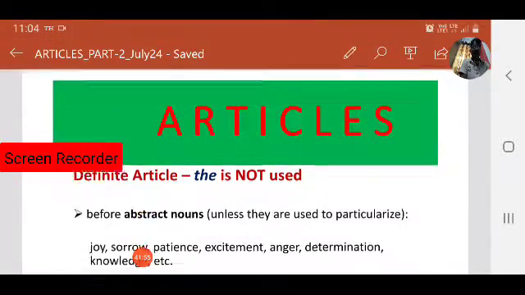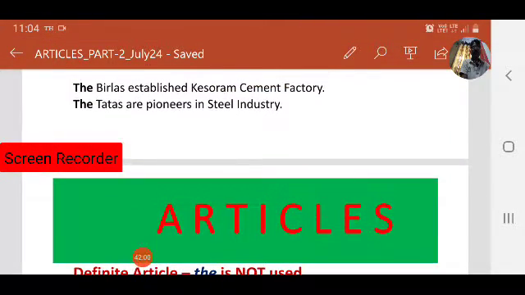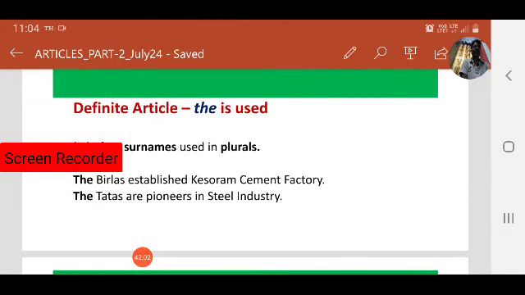So, sorry, we are focused on where the definite article is not used. So far in this class, we have discussed where we have to use the definite article. We have seen more than 10 cases, 10 rules where we have to use the, like before surnames of plurals, before proper nouns used as common nouns, before names of some books of religious importance, before names of seas, rivers.